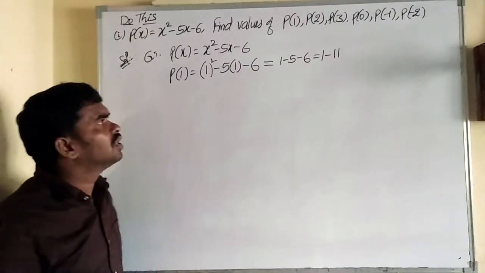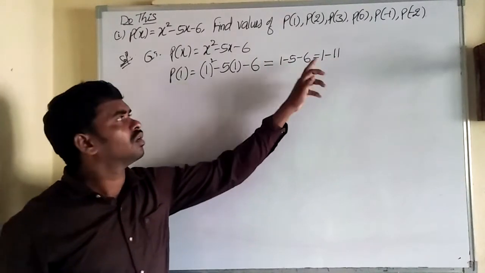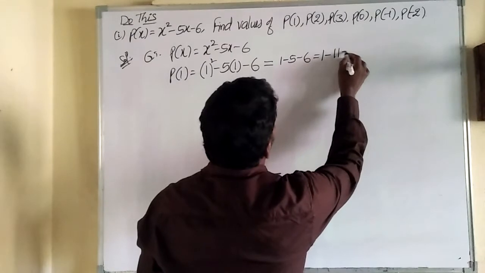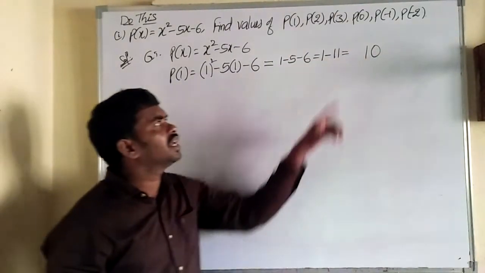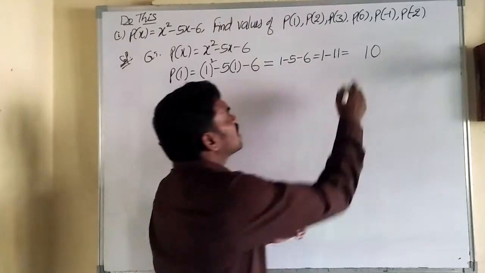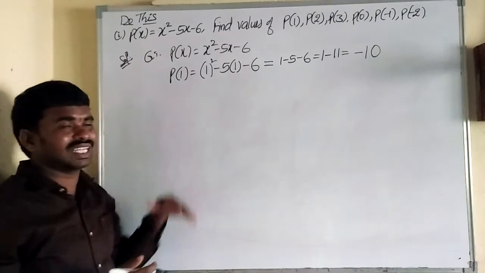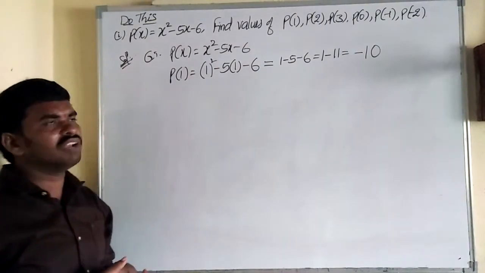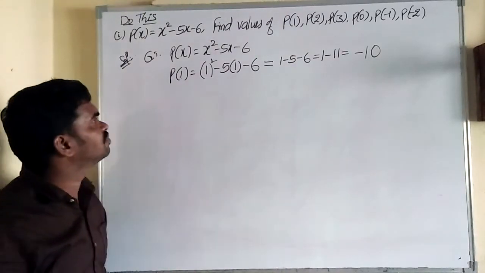Now 1 minus 11: 1 is plus and the other is minus, so subtract. 1 minus 11 is definitely 10, but which 10, plus 10 or minus 10? Here negative terms are more, so the value is also negative. But that is basic knowledge, and even if you don't know it, that's why I am giving a clear explanation.